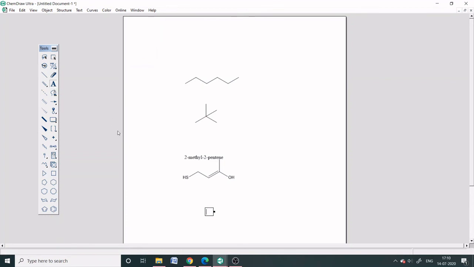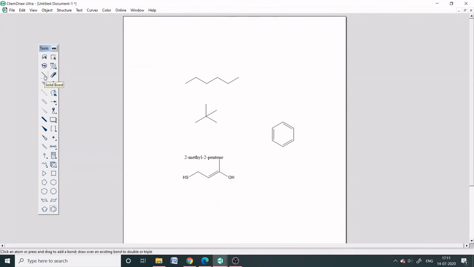Okay, now we know how to draw a saturated compound and how to draw an unsaturated compound. Sometimes we may also need to use these templates for drawing. So suppose we have to draw a salicylic acid molecule, then what we have to do is draw a benzene ring. For that, you can take it from this template. So just click the benzene ring and click on this white screen. The benzene ring will appear.